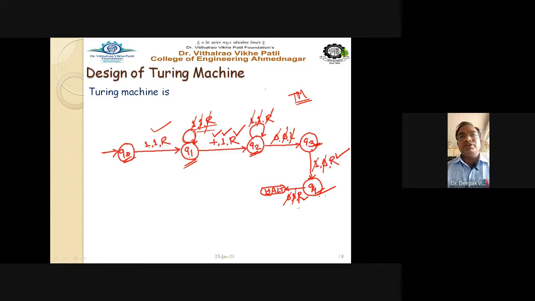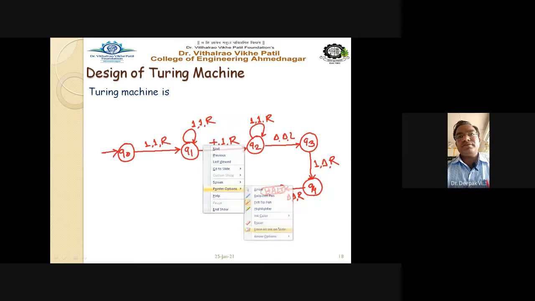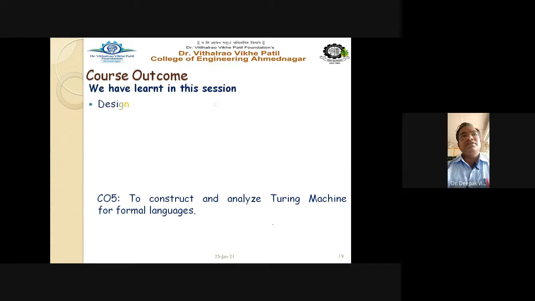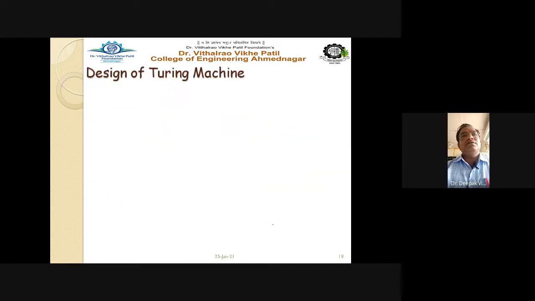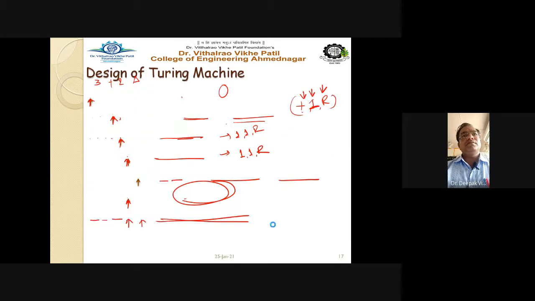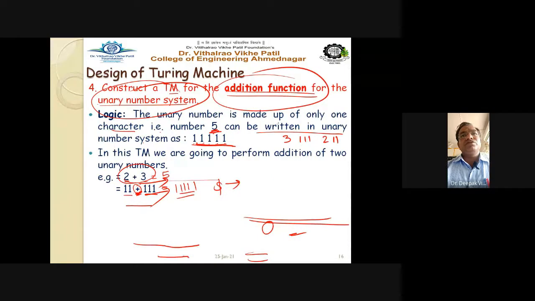So for example, here we have seen 4 examples, right? That is nothing but the addition function. Addition is the one example we have seen, in the unary number system.